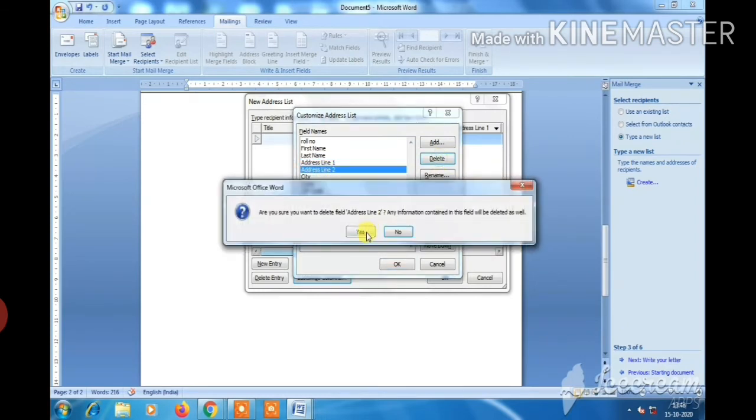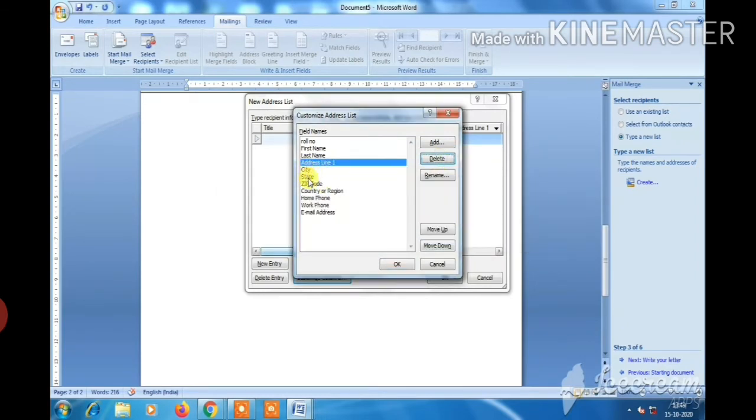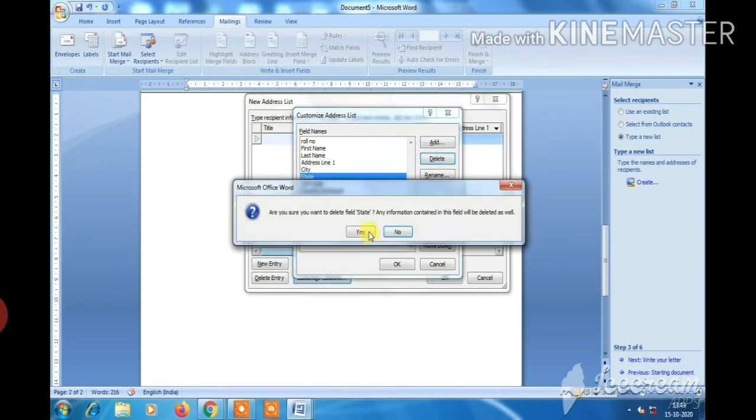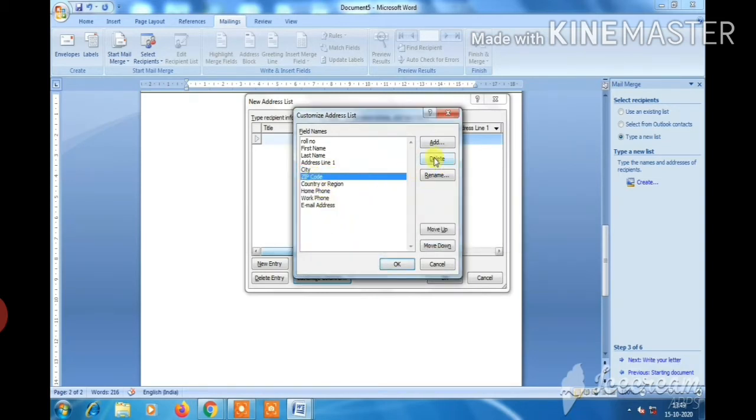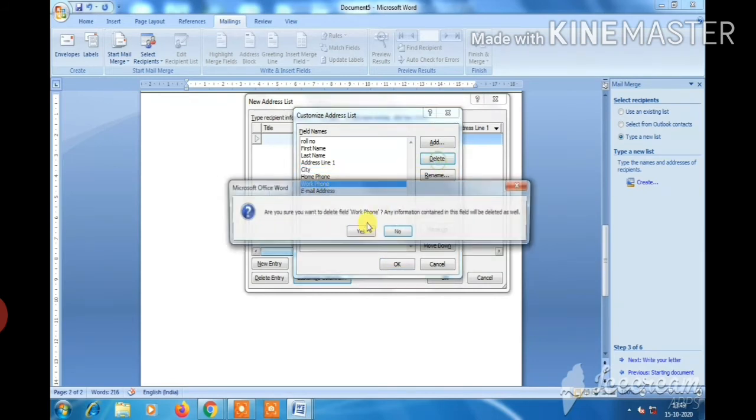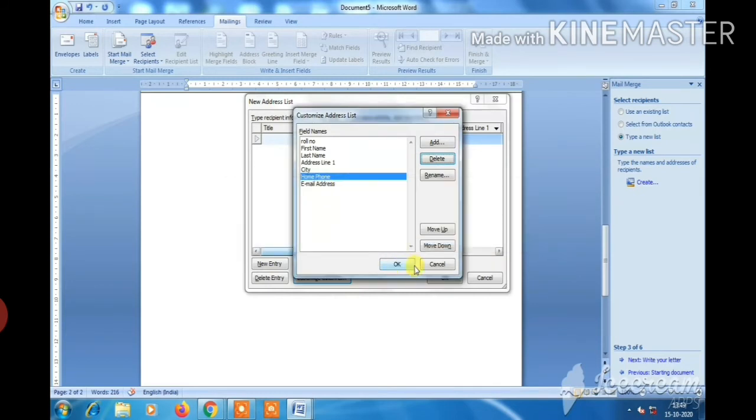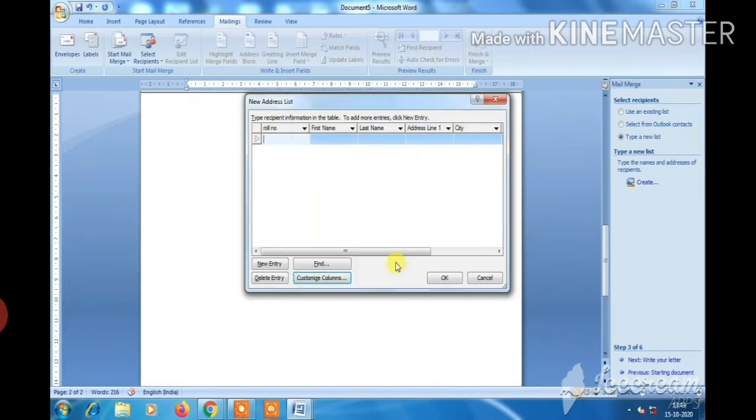After creating the fields, add records in the New Address List dialog box. Here I will delete the unwanted address list fields. I will keep only the name, address, city, phone number and email address.